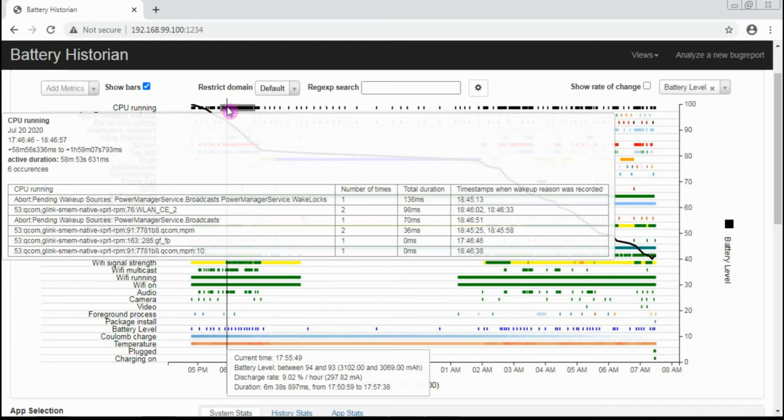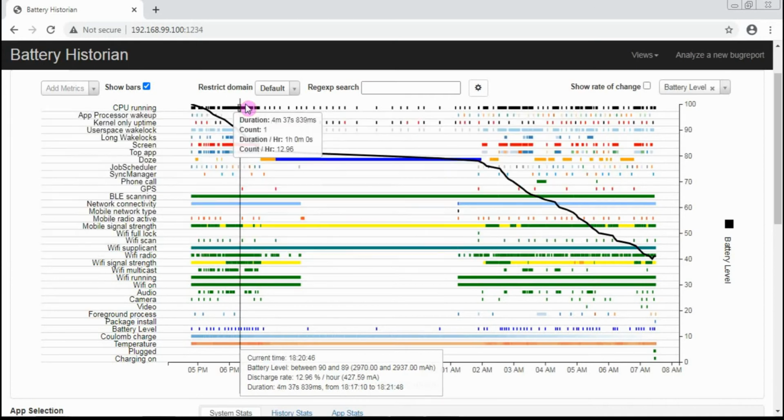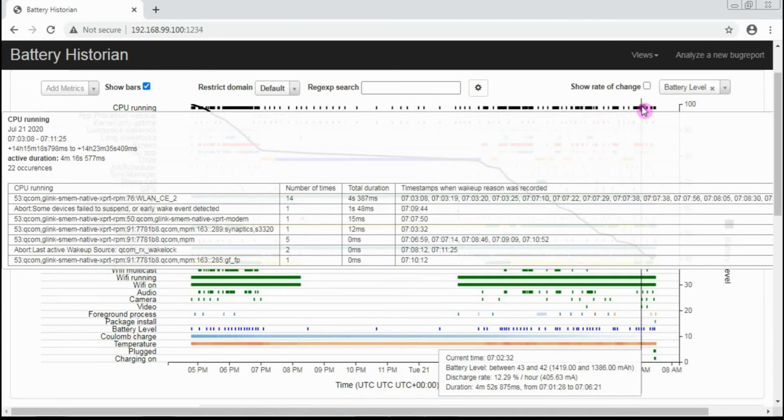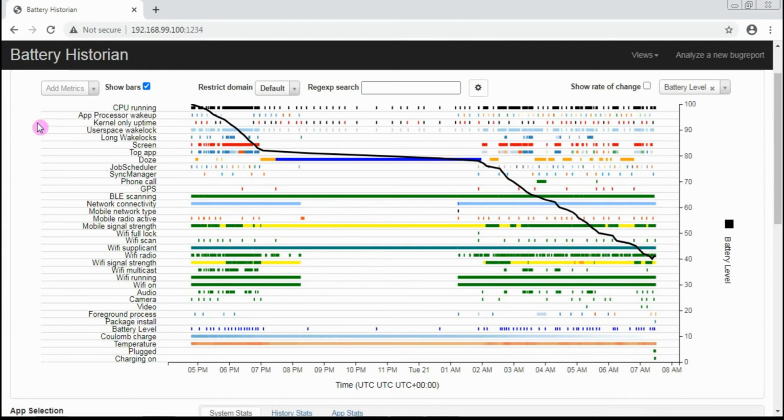If you see the tabular chart below, all those things are present: the CPU running, the number of times the CPU was run, the total duration in milliseconds for which the CPU was in running state, and the timestamps. This is particularly important information for all the CPU running events. Next, what we have is app processor wake up time.